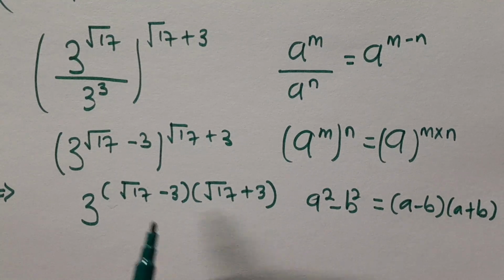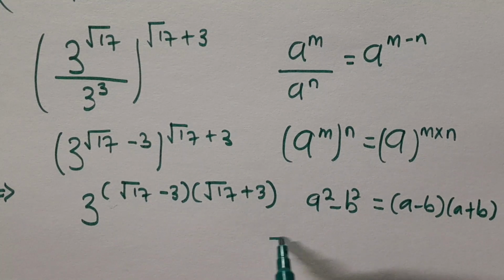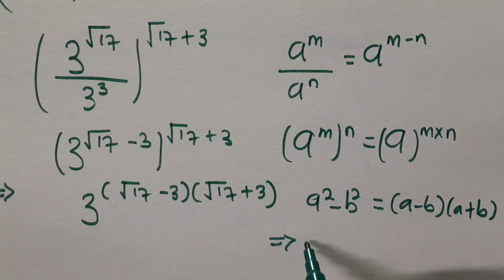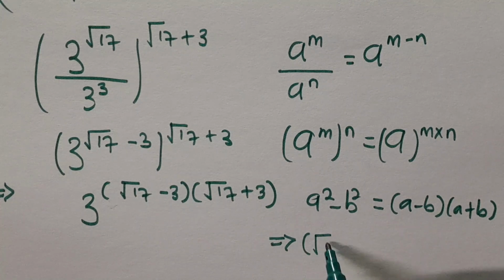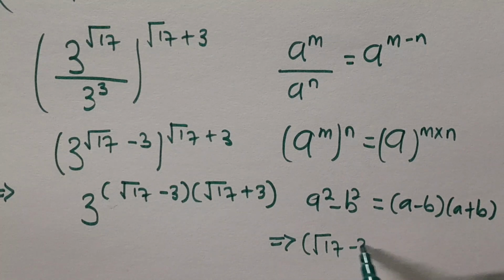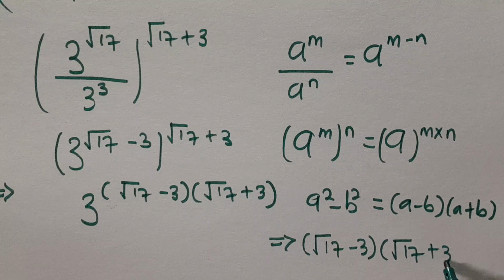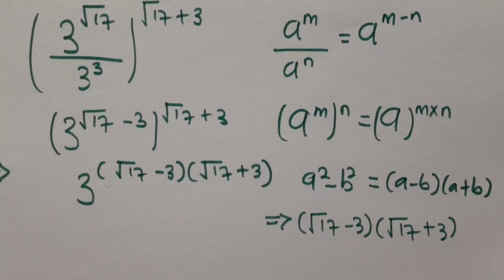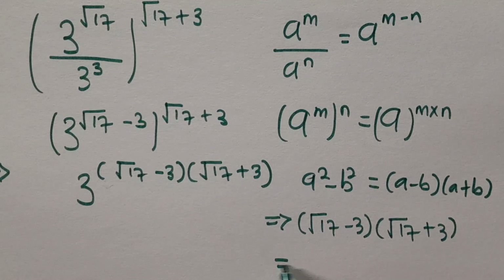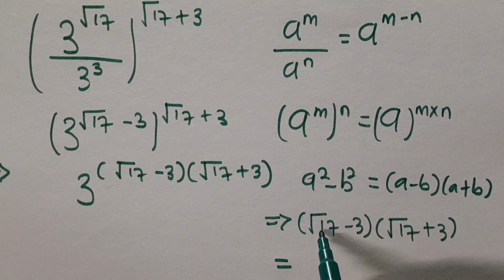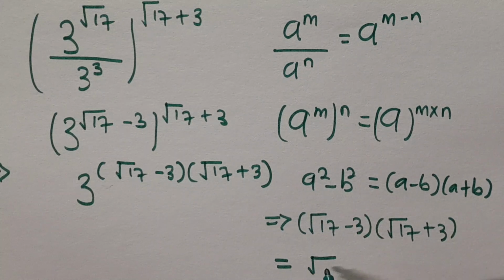So from here, this implies that we have √17 minus 3 and √17 plus 3 equals, we take this one to be a, √17 all square